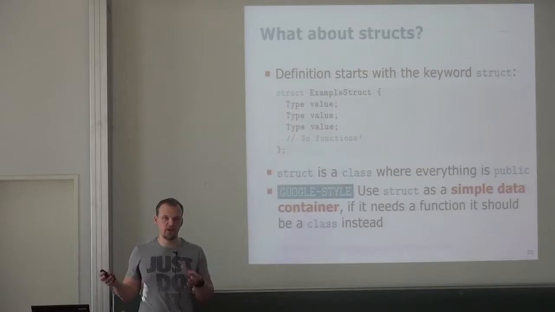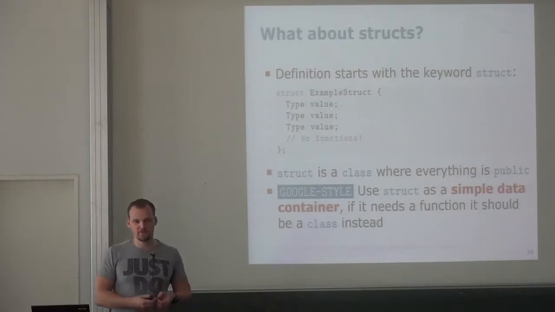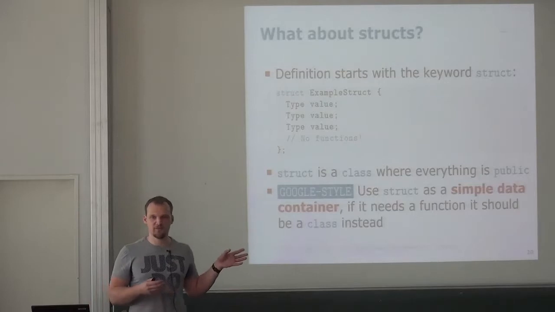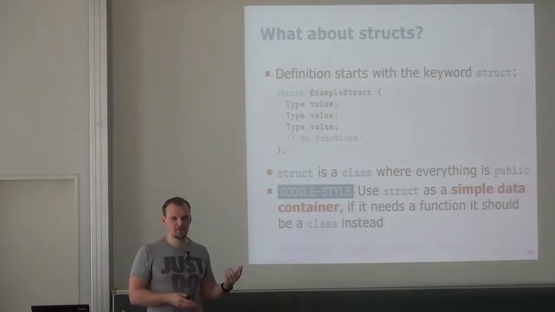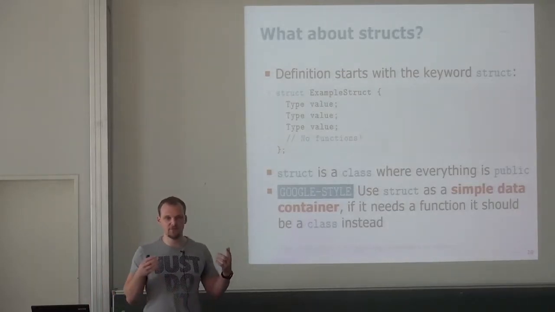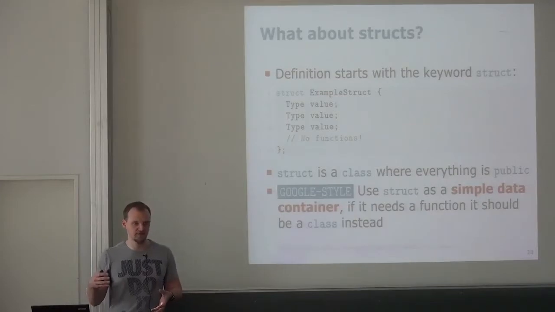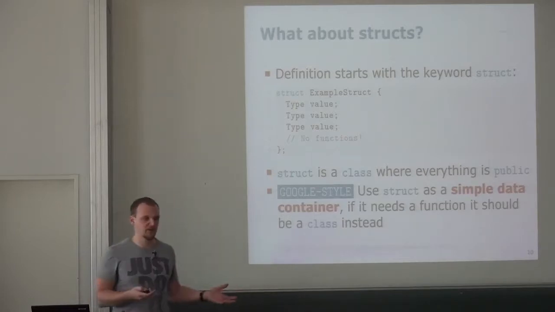So if you want to wrap a couple of things together that logically should be wrapped together, it should probably be a struct. And this way you can also return something from a function. You know that functions return one value, right? But you can return a struct, which becomes as many values as you want it to be, because you can pack them into one structure. Okay, cool. So that's basically everything you need to know about the structures,